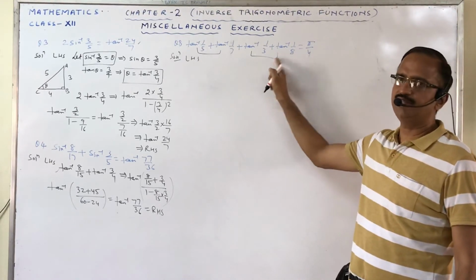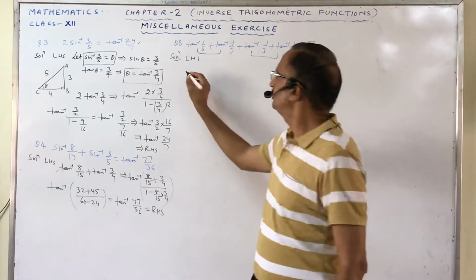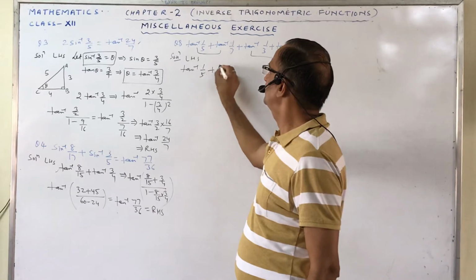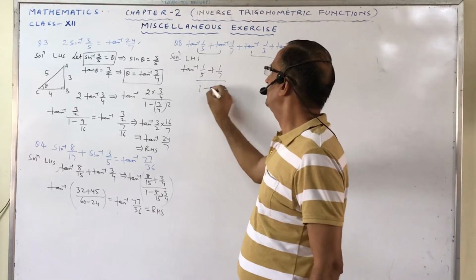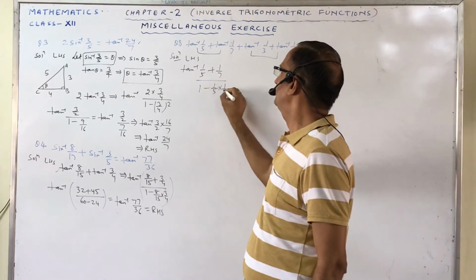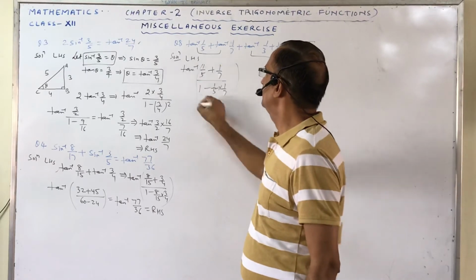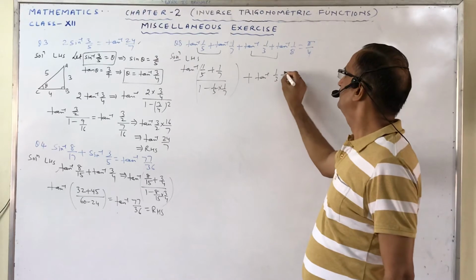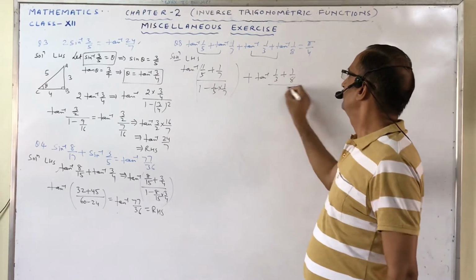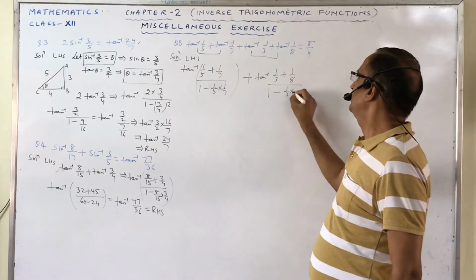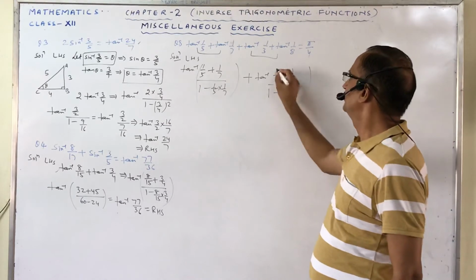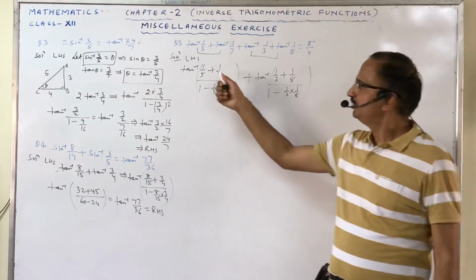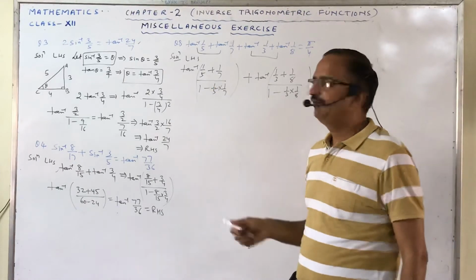So this becomes tan inverse of 1 by 5 plus 1 by 7 upon 1 minus 1 by 5 multiplied by 1 by 7, and this is tan inverse of 1 by 3 plus 1 by 8 upon 1 minus 1 by 3 times 1 by 8. When we simplify these terms, numerator and denominator,